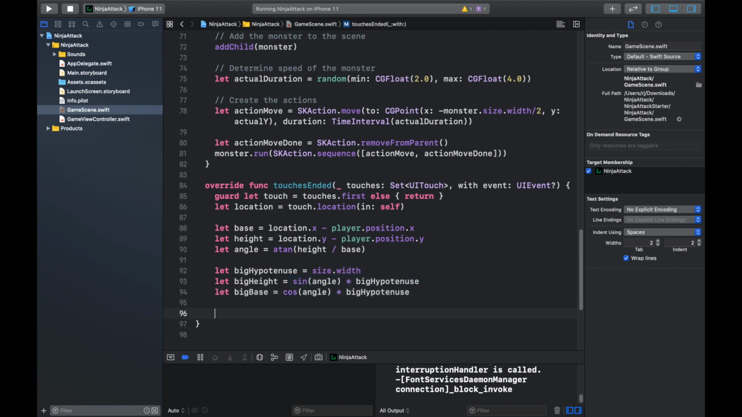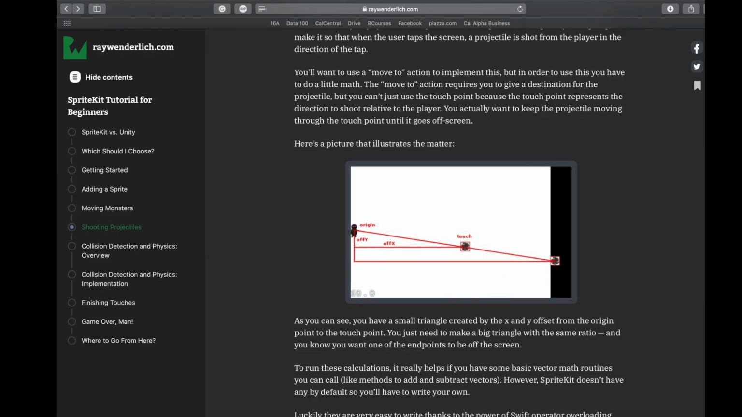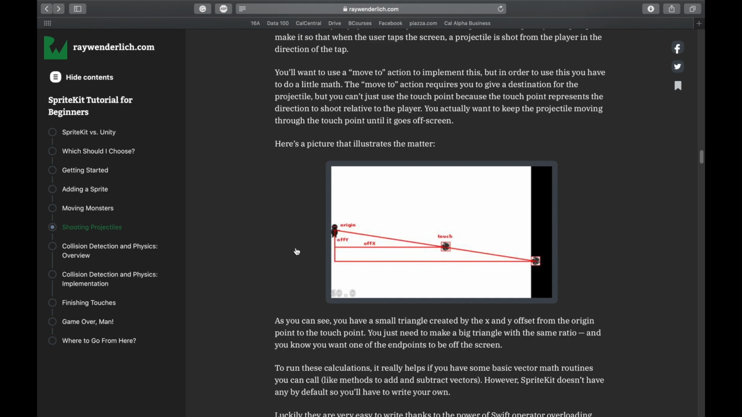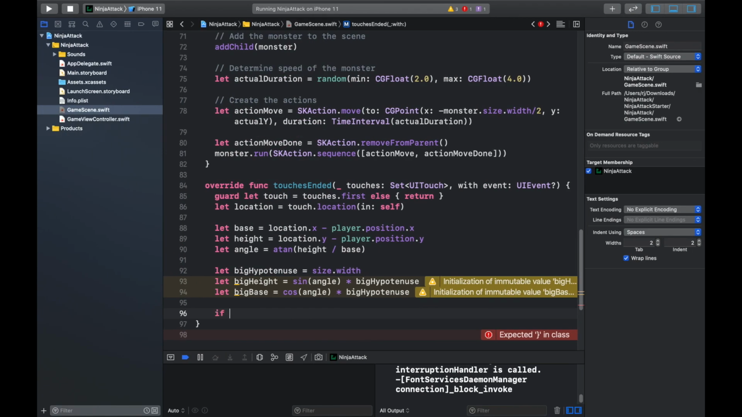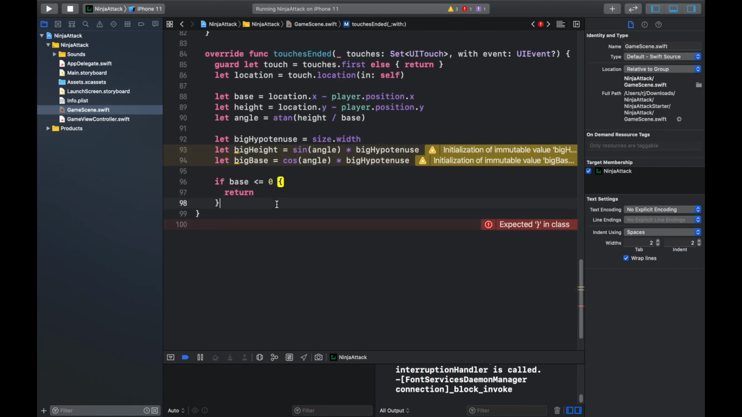Great. Now one of the restrictions that it says in this spec online is that we don't want the ninja to be able to shoot behind himself. So to check that, we can just check whether this base, this offset X, is positive. So if it's not positive, if base is less than or equal to 0, then we can go ahead and just return, do nothing. If it's greater than 0, then let's let our ninja star equal,